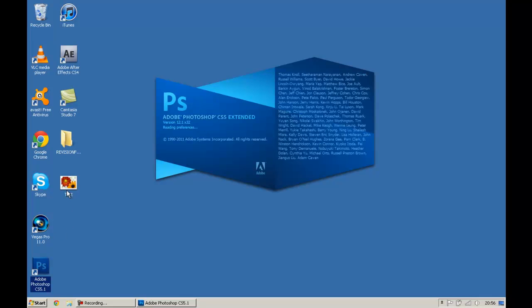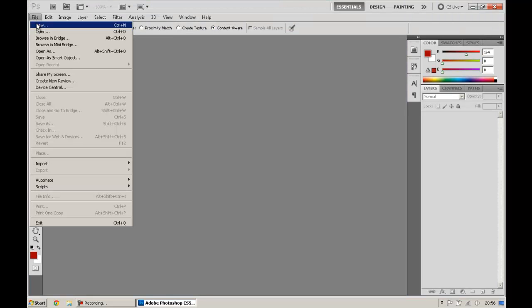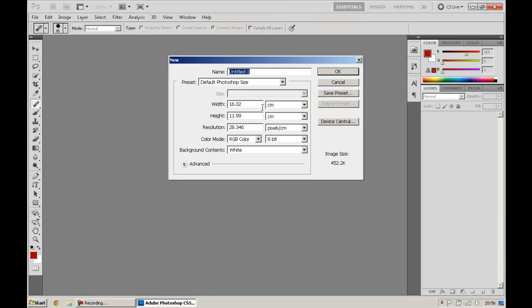As you can see, there's the file right there that we've just made. And I'm just going to make a new document, just set it to 1000 by 1000 pixels. I like to just have it at 100 pixels an inch. Then if you just go to OK,